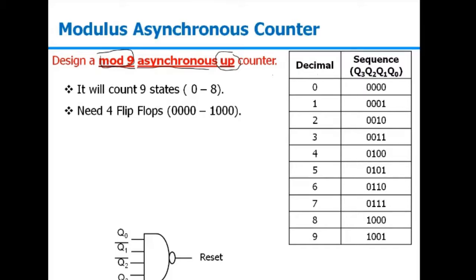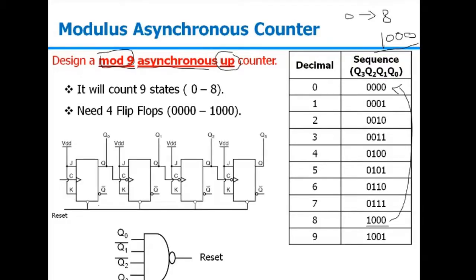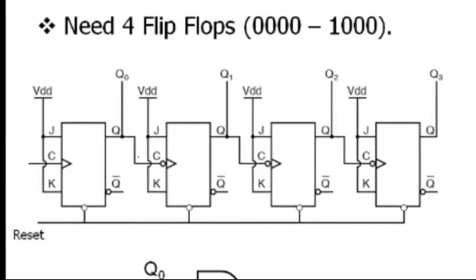This is a mode 9 counter, so it will be counting from 0 to 8. So 8 we can represent as 1000. So we need a total of 4 flip-flops. That you need to find, how many stages are required. So a total of 4 stages are required in this case. So after 1000, it should go back to 0000. It should not count 1001. So this will be my basic up counter where I'm connecting Q to the clock since I'm taking the negative edge trigger. And this will be counting from 0 to 15.